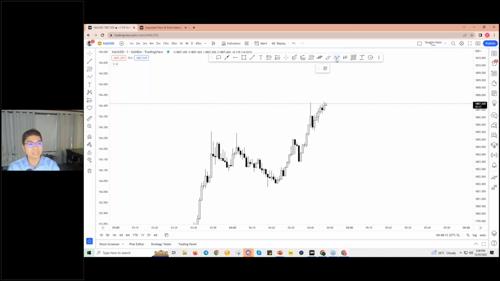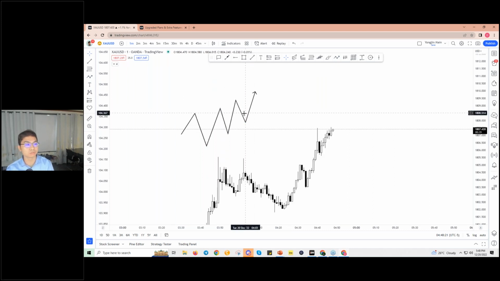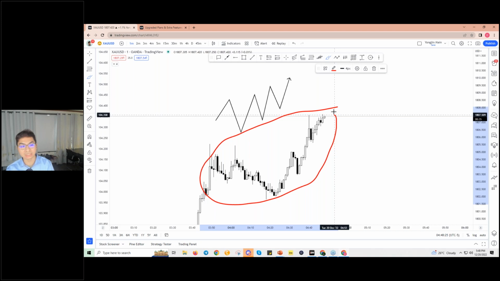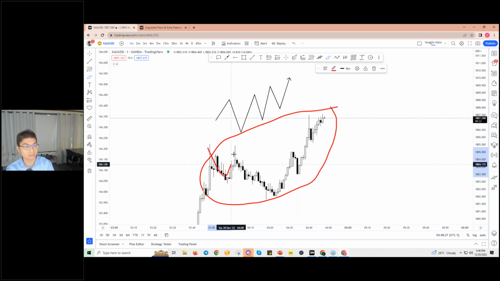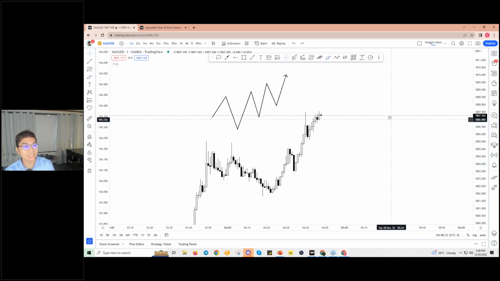Okay, next. Every time I tell you guys about the zigzag, how the price makes some kind of break of structure before price continues moving upward, this kind of structure is very, very hard for many people to actually look at and just say it's like that. They cannot see it very, very clearly. So what I actually do,